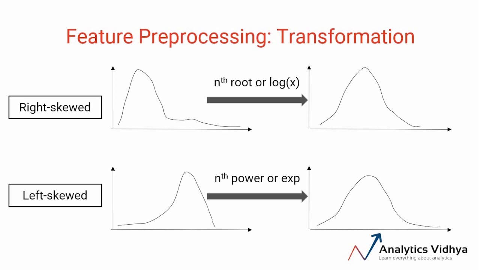Now there's one more thing you should note. If we are taking the log of a variable that has a negative value or a value of 0, it might show an error. Can you guess why? It's because the log of 0 is not defined. So instead, you can use a simple trick and take log of x plus c, where c is a constant. The objective is that the input of the log must be greater than 0. Right? Now let's go ahead and look at an implementation of feature transformation in Python.